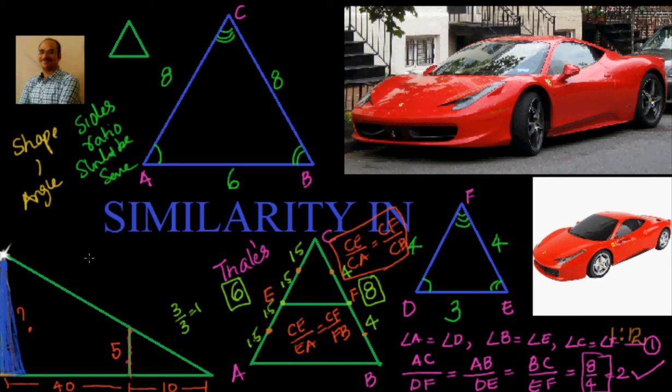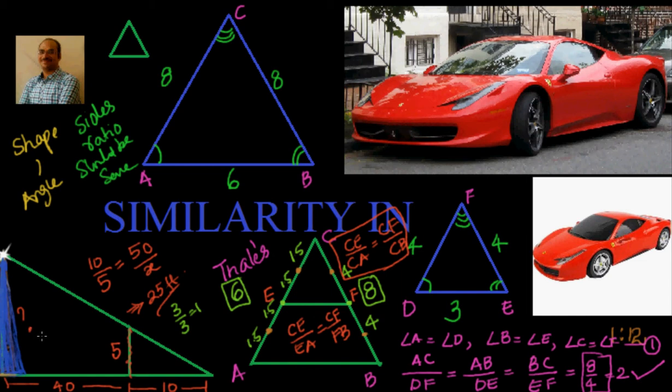So I will say 10 divided by 5 should be equal to 50 divided by x. That gives me 10 5 times, so x equal to 25 feet. So that's how you can find out